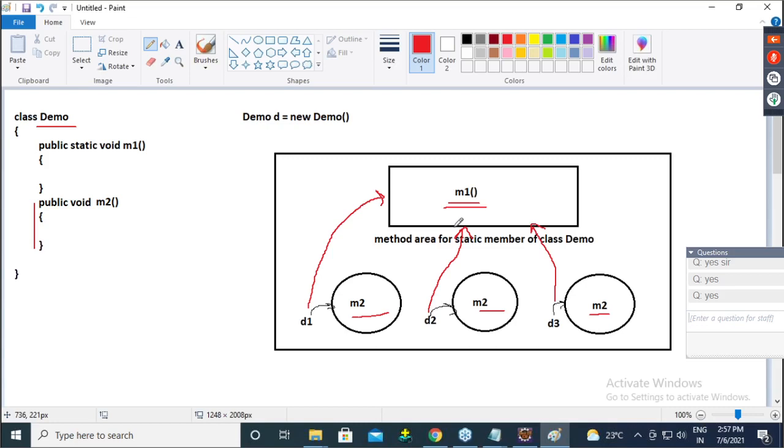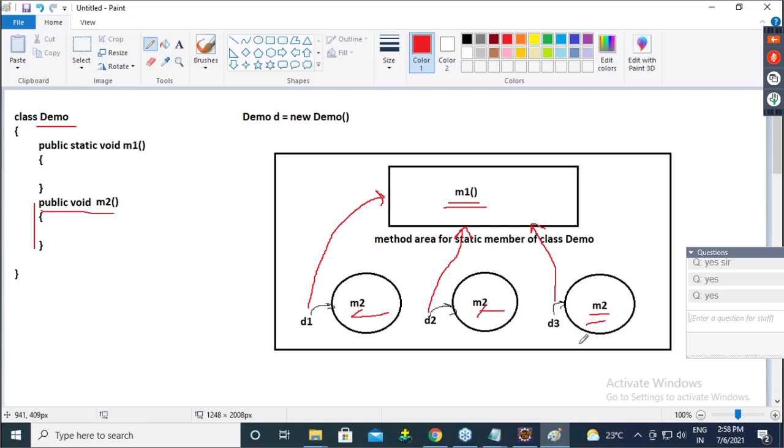So guys, static having one copy, non-static having multiple copies. That is the reason, guys. Non-static you can override. Even though you override, changes affect only this object. If you override M2, changes affect only here.